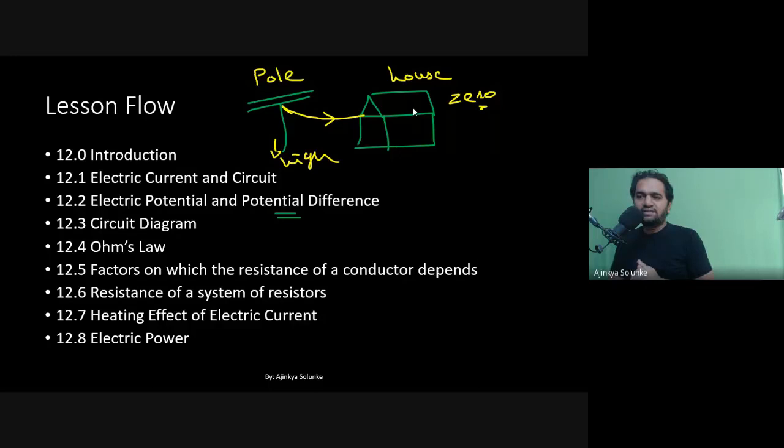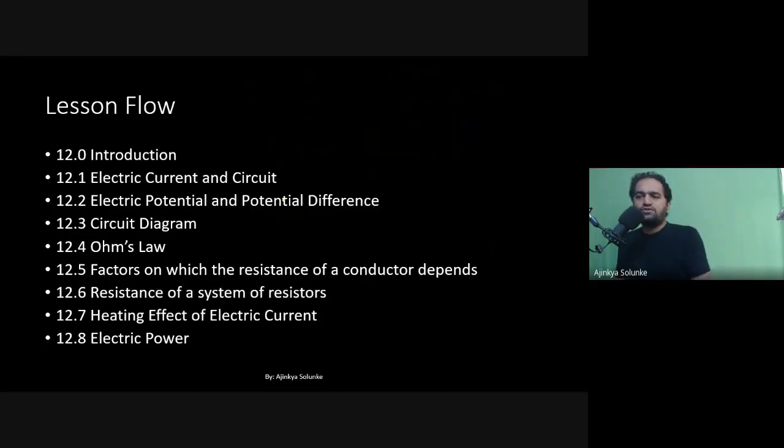So if somebody asks you how your house is receiving electricity, would you be able to answer something like this? My house is getting electricity because my house is at zero potential, or low potential, and the poles are at high potential. So electricity is coming towards my house, and the electricity is not flowing from house to pole. Would you be able to give this answer to why electricity is flowing towards your house? Very simple question: why is electricity coming to your house from the poles? Because your house is at low potential. Very simple.